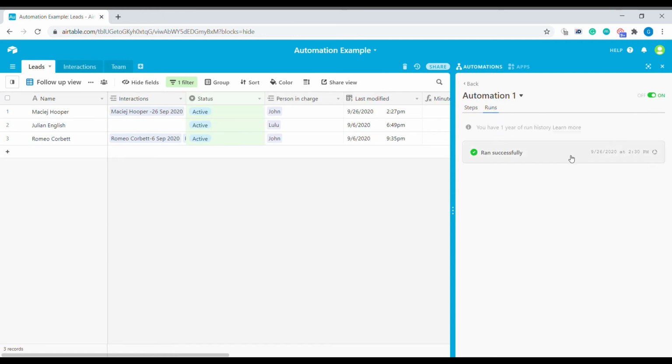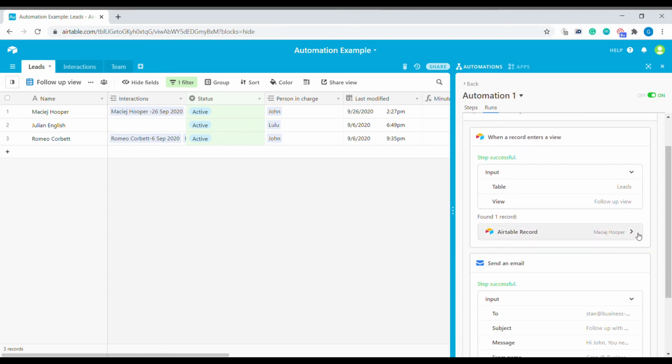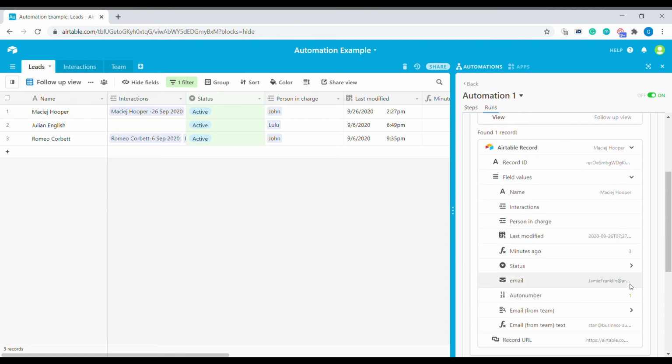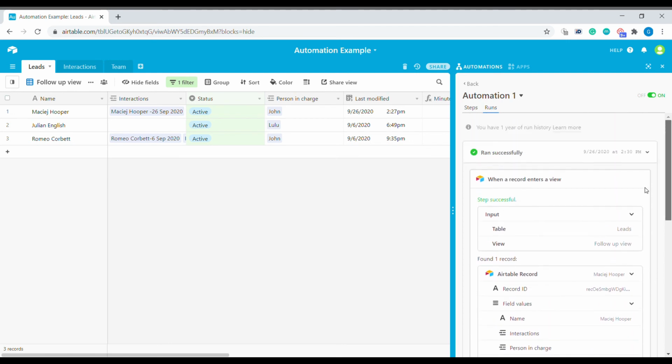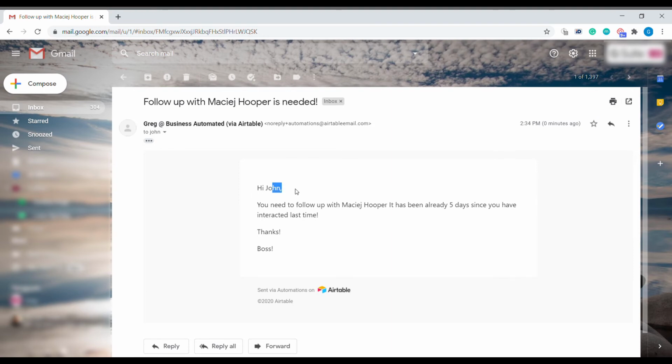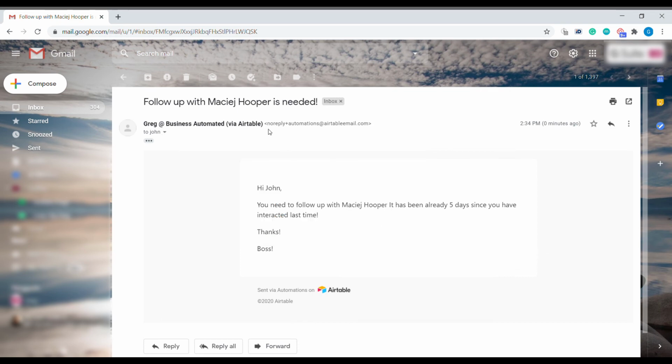Correct, we can see that the automation was sent out, and these are the details that were sent out inside of this automation. We can see the name, we can see the field details and so on, and we can also see the details inside of that email. Alright, let's check the email itself. And here is the email that was sent out to John. You can see John at Business Automated sent out from Airtable email, but with reply to me in case anything would be needed to reply from the email. And the email says you need to follow up with this particular customer. We could also add other details about the customer, like a phone number, if that would be more helpful.